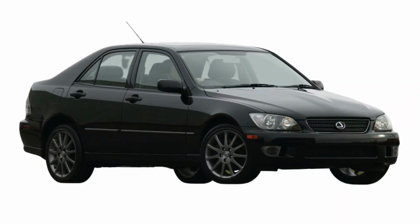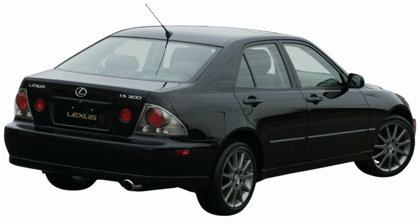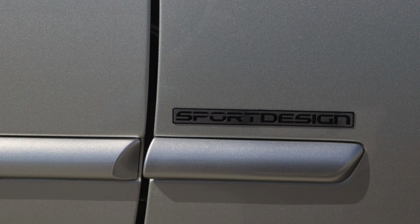So now we're going to go over the Sport Design trim, which was another trim level offered on the IS300 sedan platform. No Sport Crosses were offered with the Sport Design trim level, and basically this trim level is another cosmetic upgrade to what the regular IS300 was. There's no performance upgrades or anything like that, but it did come with cool things like the 11-spoke Sport Design rims that were special for the Sport Design trim level, blacked out headlights and taillights, blacked out badging,